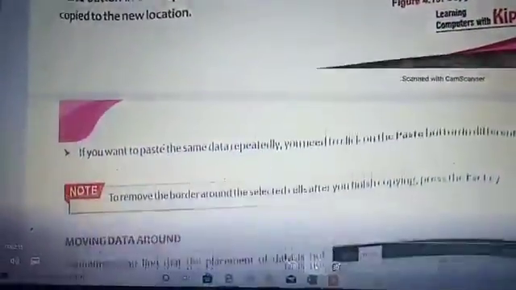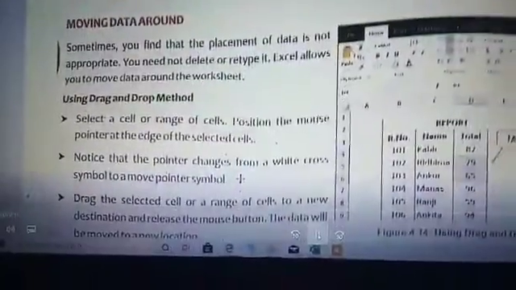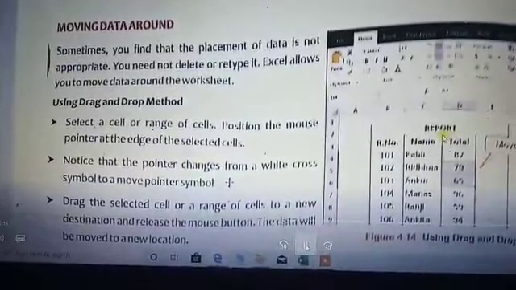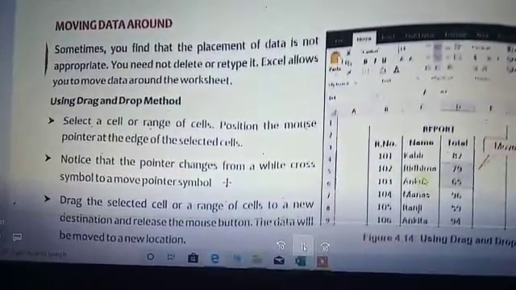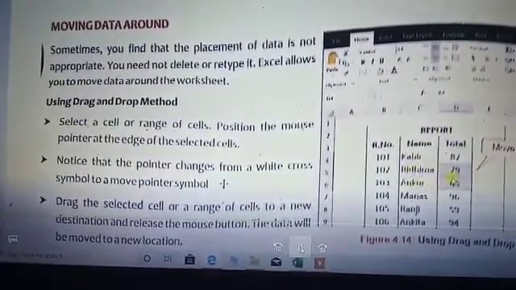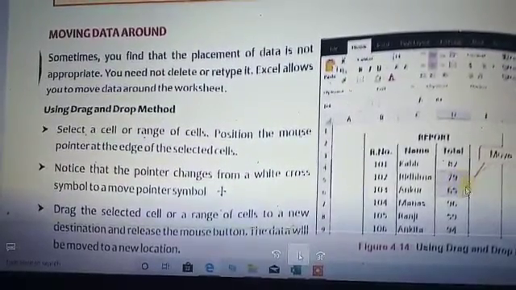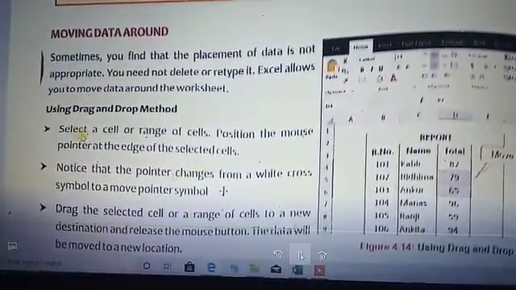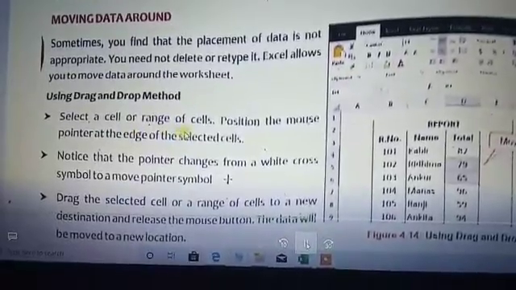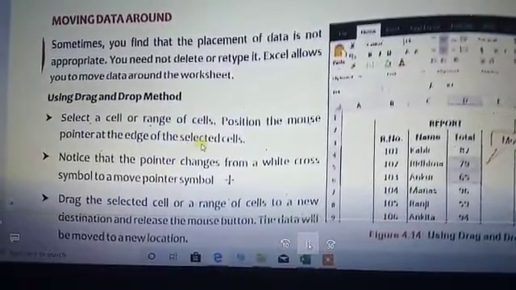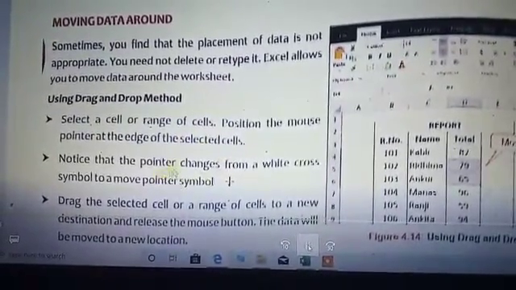Next is moving data around. What do we perform in moving? You shift the data on the Excel sheet. In this example, the marks of Ridhima and Ankur are highlighted to perform the moving. How do we move it? Select the data you want, then wait.